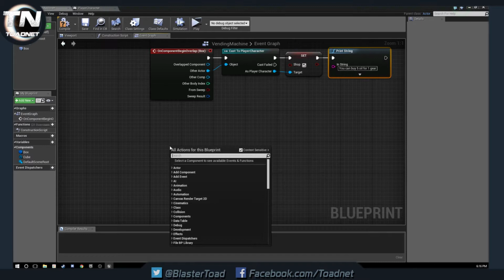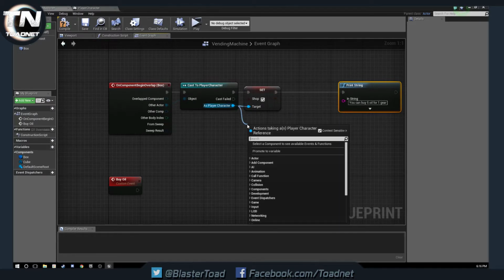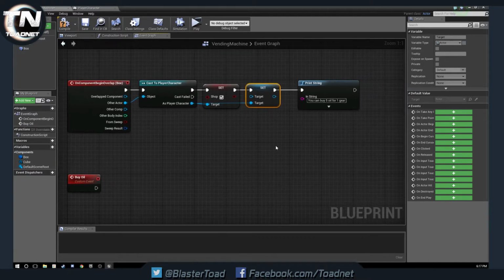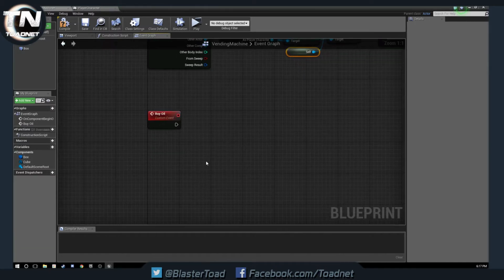And then we are going to make a new event. So we're going to do a custom event. We are then going to call this custom event buy oil. We also need to up here, before I forget, off our as player character, set target. Right in there. And there we go. So that we've got a reference to our vending machine. Just like that. So when we buy oil,